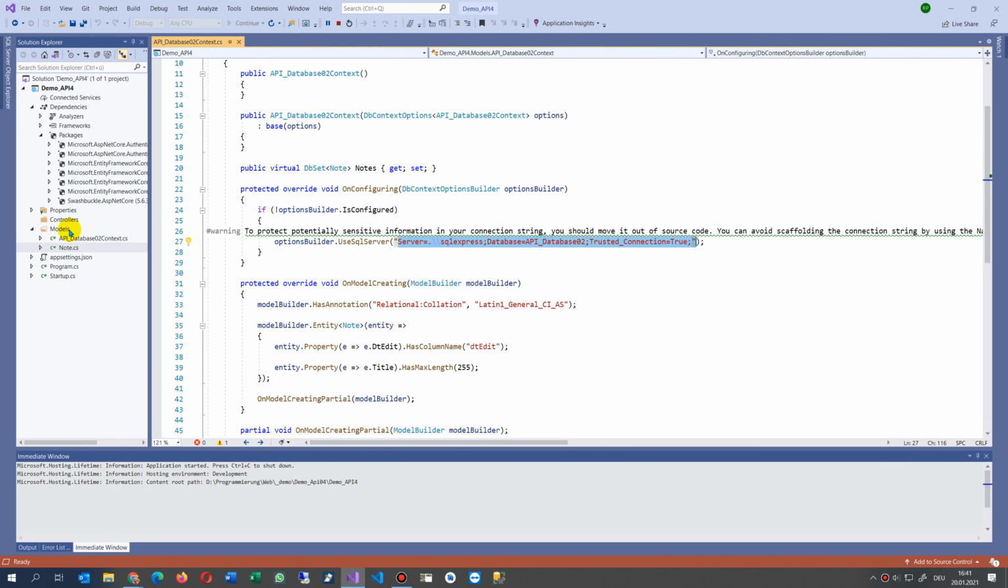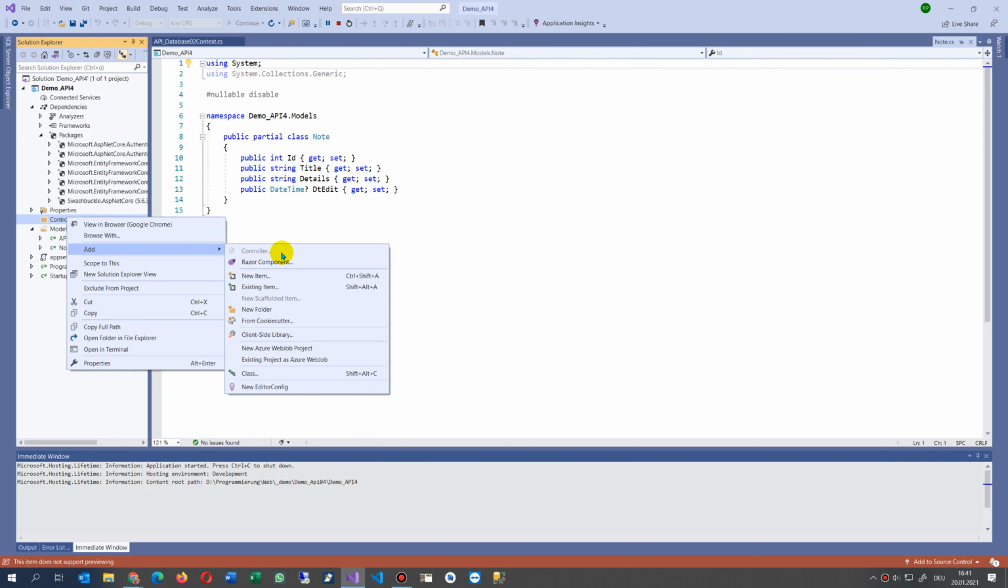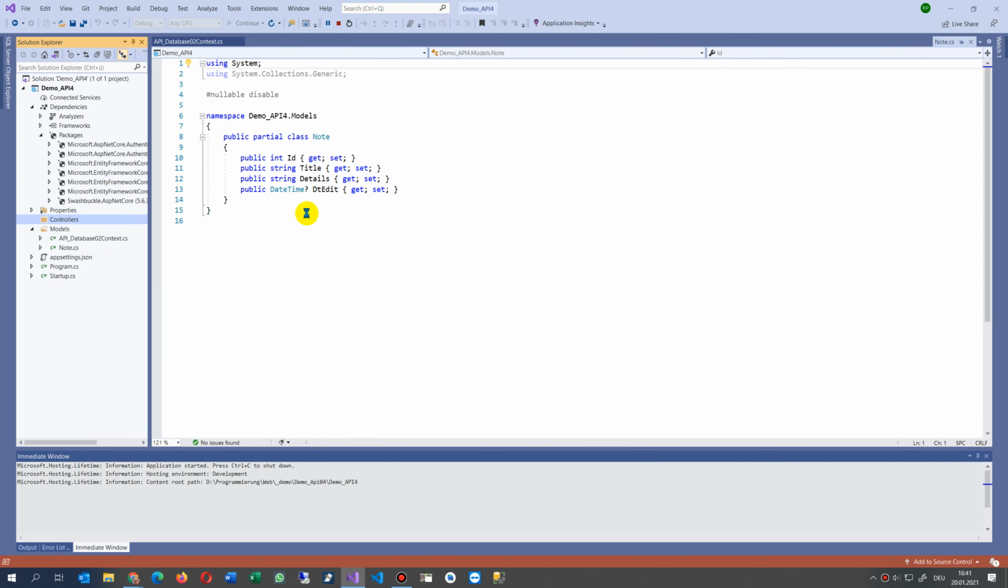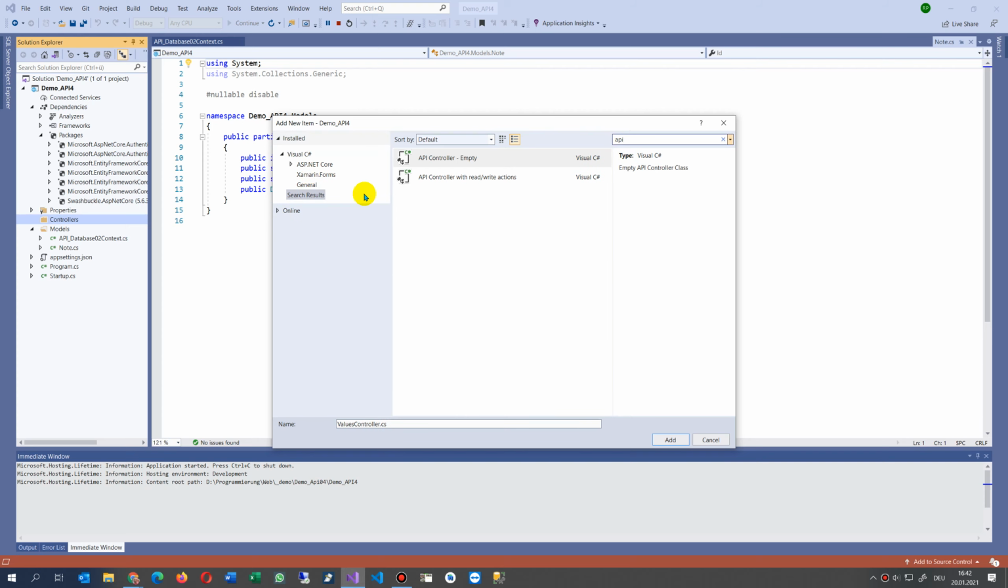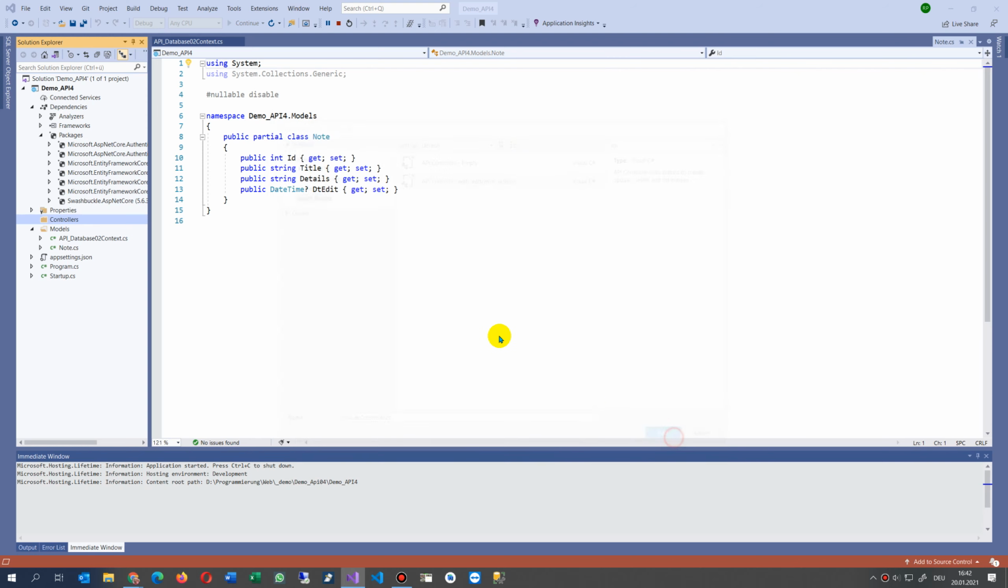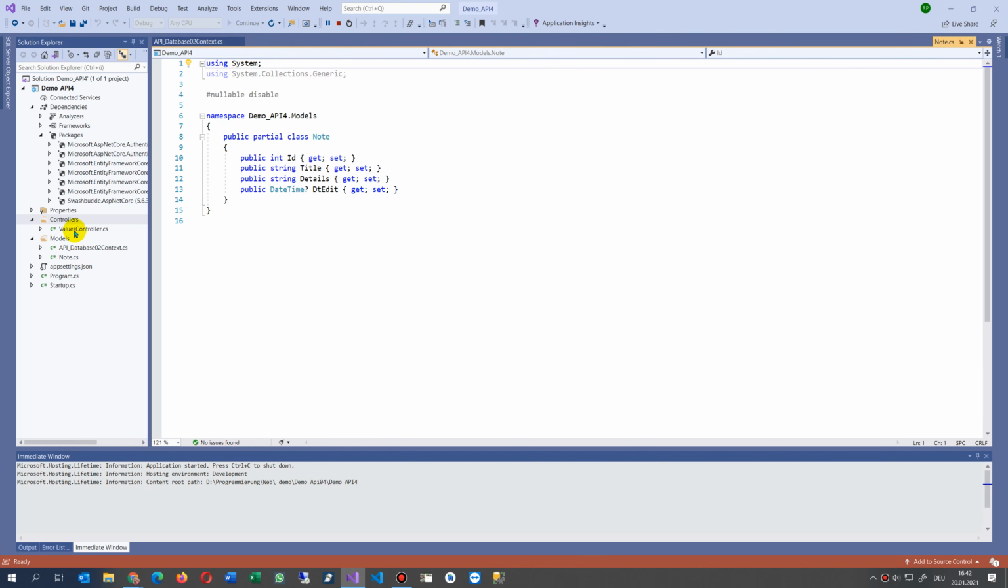And under controllers there is no controller at the moment, so we go there and say under controllers we need a new controller, add a new item. And inside item, we need an API controller. You see now this is an empty API or an API with read-write stuff. This is wrong, API controller is wrong. I want to do it